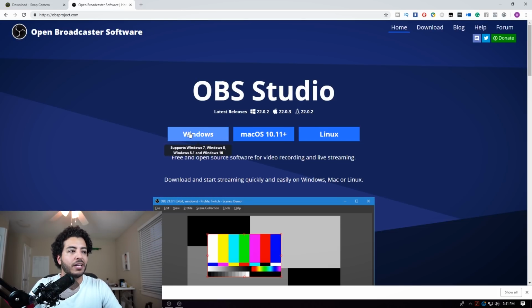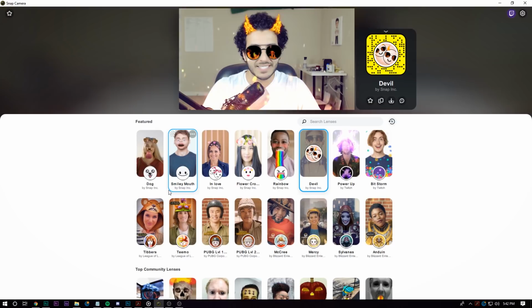So Windows, Mac, and Linux, you can download it for any of those if you wanted to, but we'll go a little bit deeper in how to actually use it and set it up with Snapchat camera in just a second. So once you have the Snapchat camera downloaded, up and running, this is what it's going to look like,